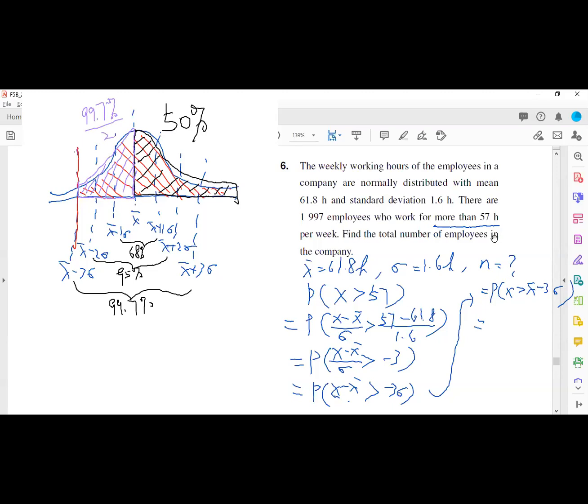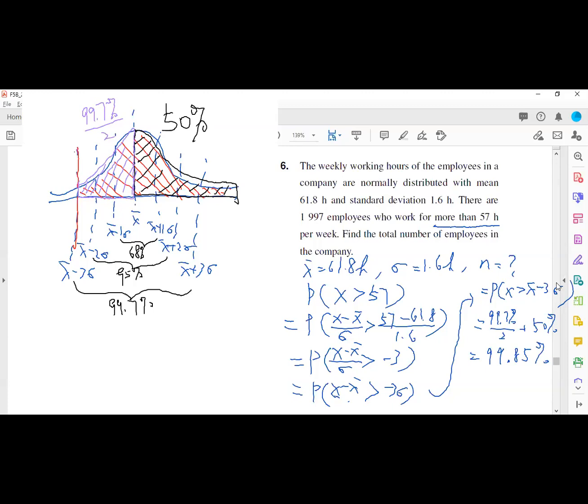You see this? So going back to the equation, P(X larger than X bar minus 3 sigma) will become 99.7% over 2 plus 50%. Okay? And then 99.7% over 2 will be 49.85, and then plus 50 will be 99.85%. 得，都係咁樣計嘅啫。